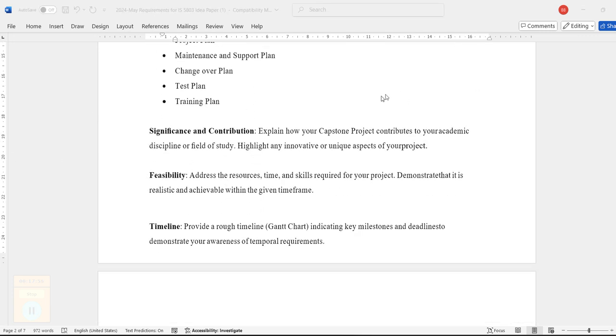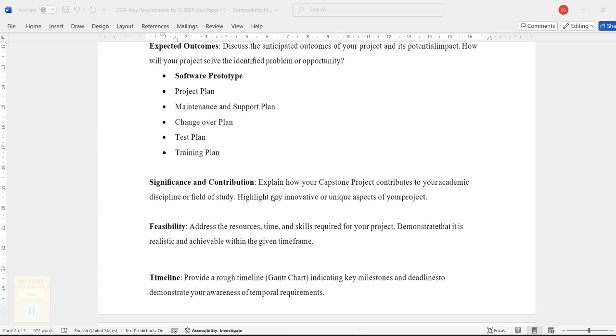The next important section is significance and contribution. By doing this project, how it will be helpful in our career has to be discussed here. While completing our education and learning process, how this project will help has to be discussed here. Being an information systems graduate, this project will help us understand how an information system can be planned, interpreted, and executed. All these elements can be learned from the project.